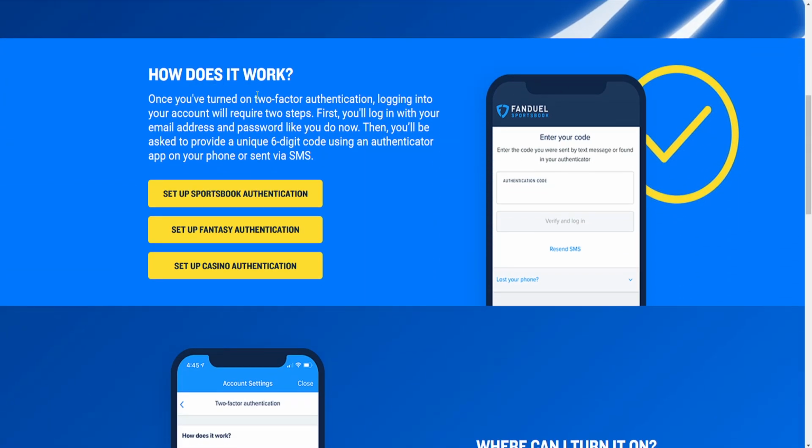So how does it work? Once you have two-factor authentication turned on, you will need to log into your account with your email and password as you would normally. But how do we get the authentication code? Then you will be asked to provide a unique 6-digit code using an authenticator app on your phone or sent